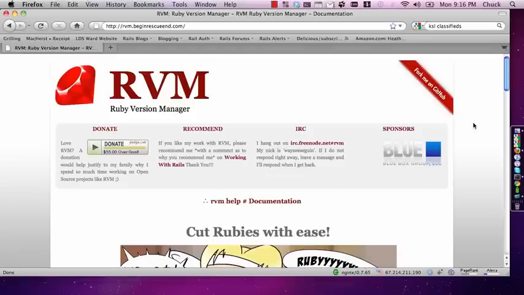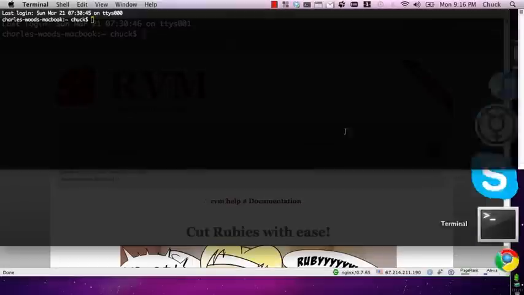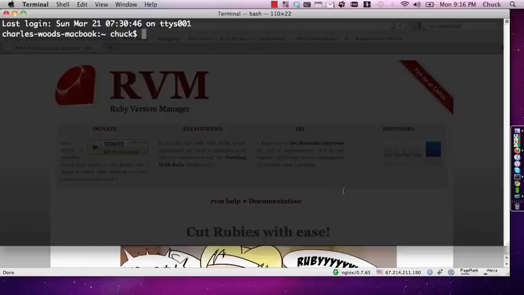Now RVM is the Ruby version manager, and rather than go into some of the details, I'm just going to preface it by saying that there's a lot of talk lately about Ruby 1.9 and Rails version 3.0, which is coming out. It's currently in beta. And so if you want to test one or both of those out, you can do that by using RVM rather than having to compile and install a version of Ruby on your machine and then manage switching back and forth. I'll go into a little bit more of what it does, but since it takes a little bit of time for it to compile versions of Ruby